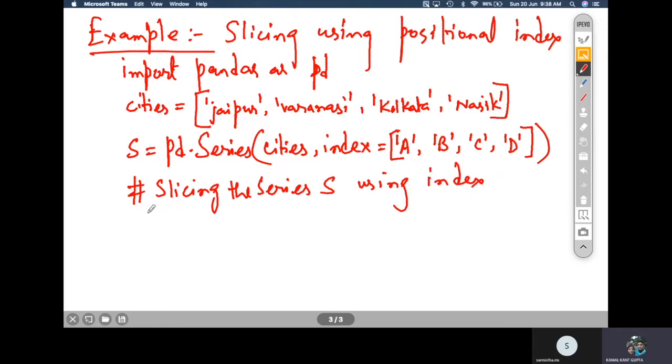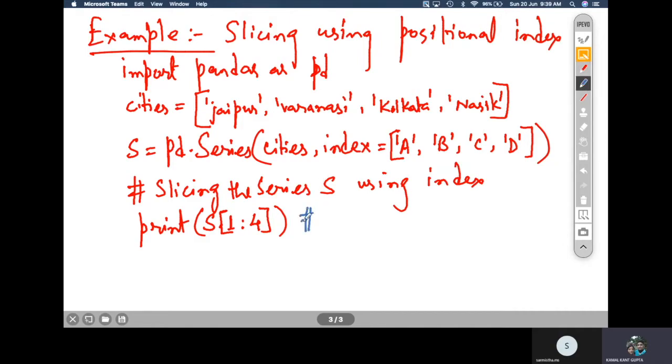You can write print S, and S at, say for example, 1 colon 4. What output will it give you?